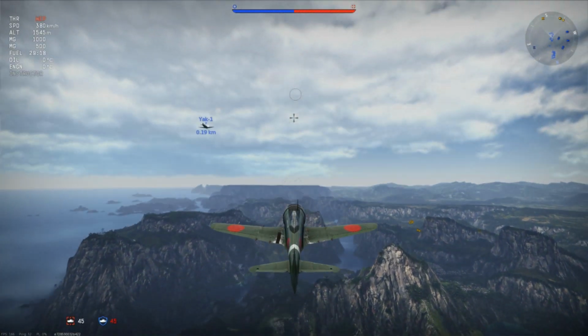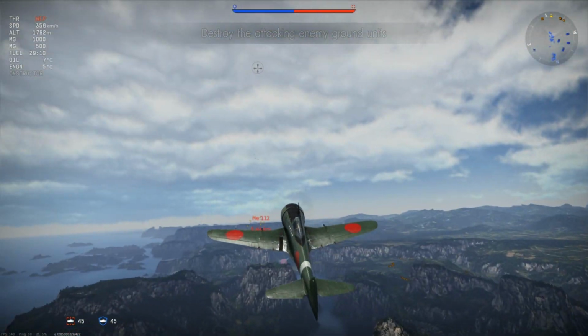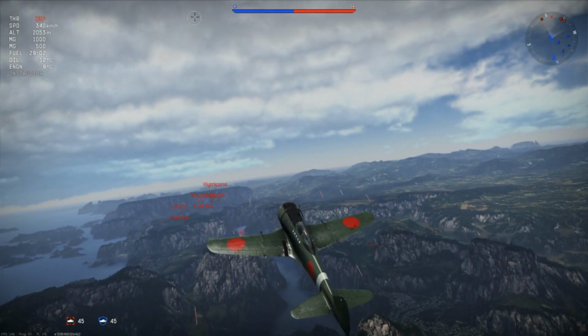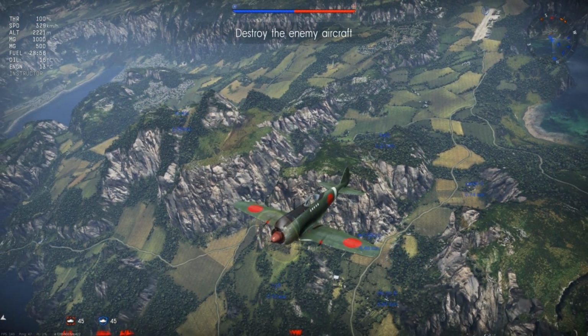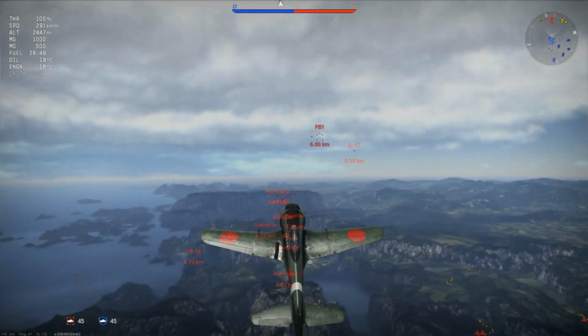Alternatively, our other tranche would be energy tactics, either causing our opponents to stall out behind us and then re-engaging them, or alternatively, boom and zoom passes, which enable us to cut through the middle of the battlefield and pick off opponents at will. In both playstyle tranches, we will need to be able to deliver the maximum amount of damage in the shortest time possible, as we may not always be able to dictate how long we have on target, and the stealth